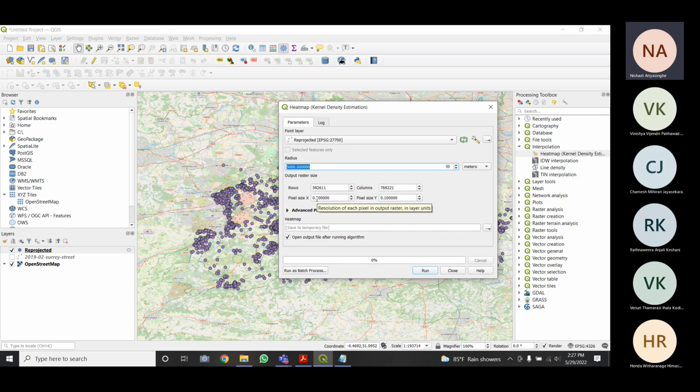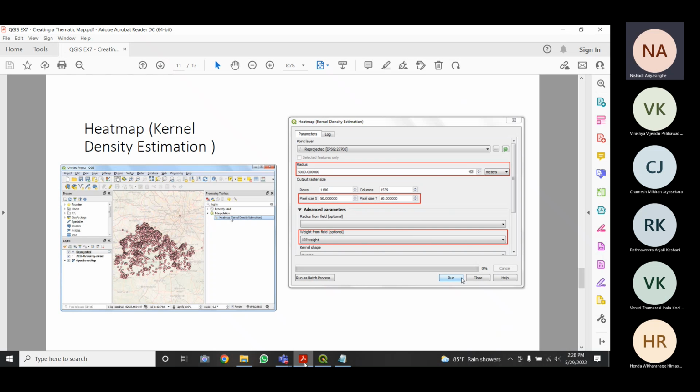And this one also will automatically be converted to 50. So the rows and columns will be changed when you change this pixel size. So output raster size means the output of the map. Here we are talking about the output of the map, the final map, right? So under the advanced parameters, we are going to select the weight,